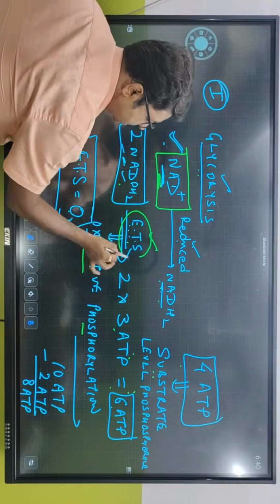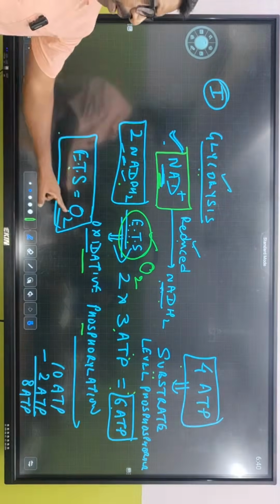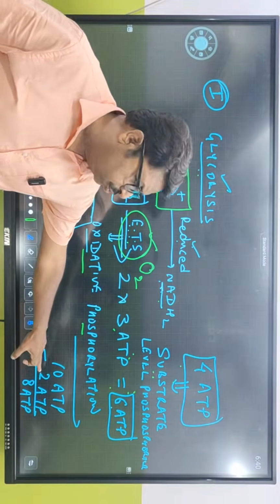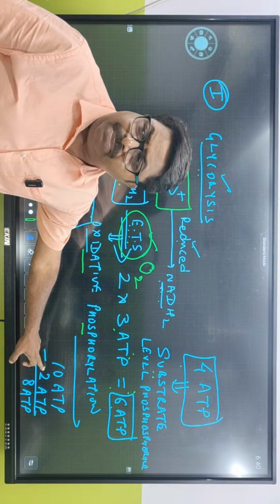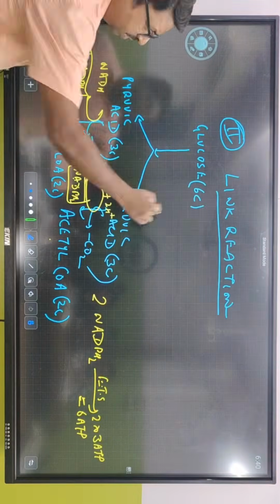And for ETS, what is the major requirement? The major requirement is O2. So 10 minus 2, what is 2? 2 ATP is being consumed. So 10 minus 2 is going to be 8 ATP is the net gain. Link reaction,